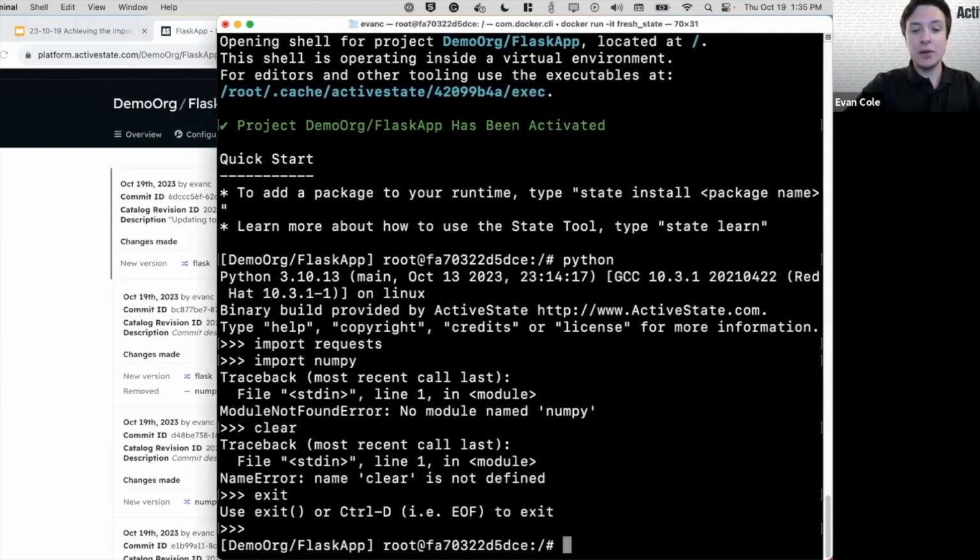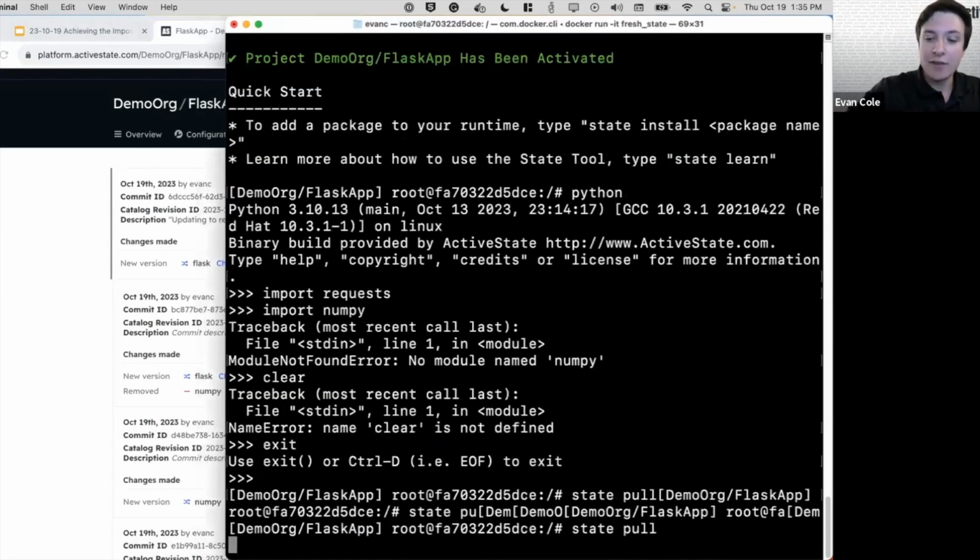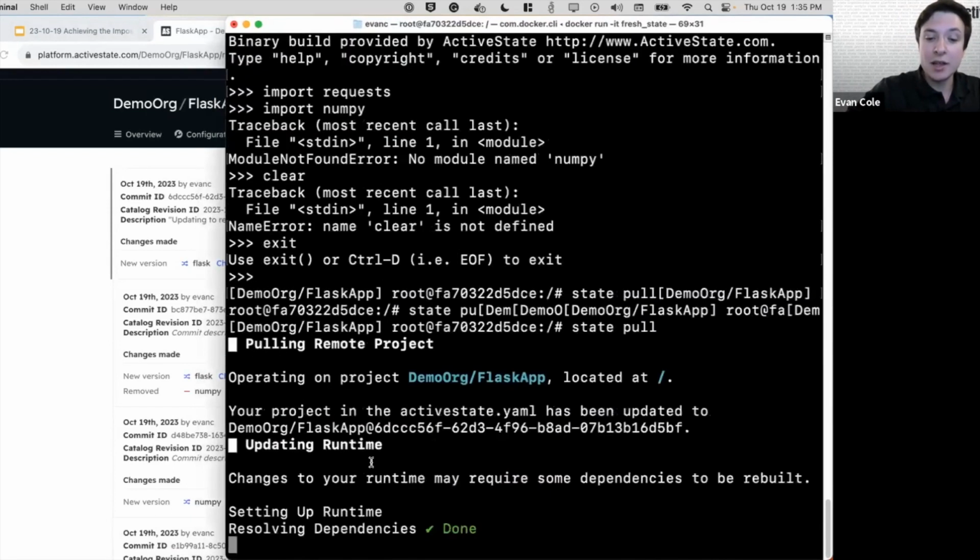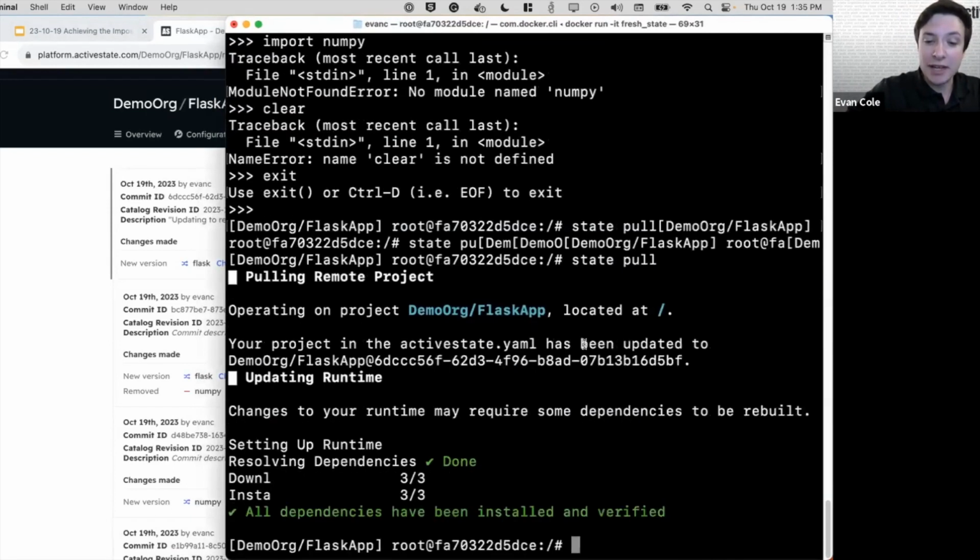I can pull the updates from the platform, and this is how we make it shareable. If I state pull, it says, okay, your project has been updated to the newest commit. It downloads the changes, and just the changes, which is very efficient. And now, as a developer, my team can stay in sync and have the most secure version of a particular project